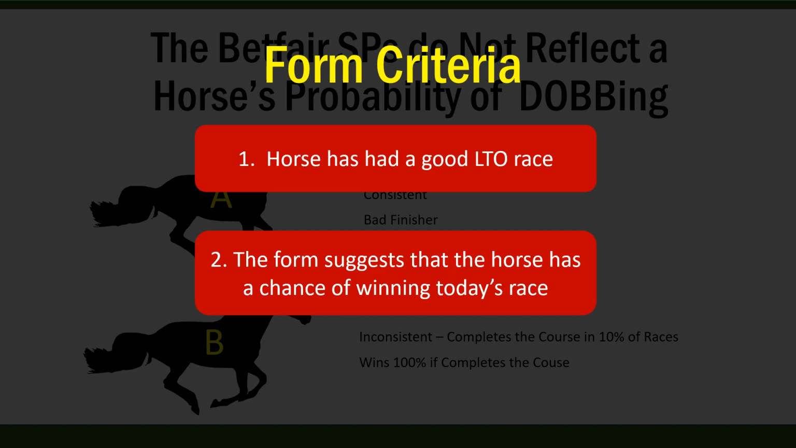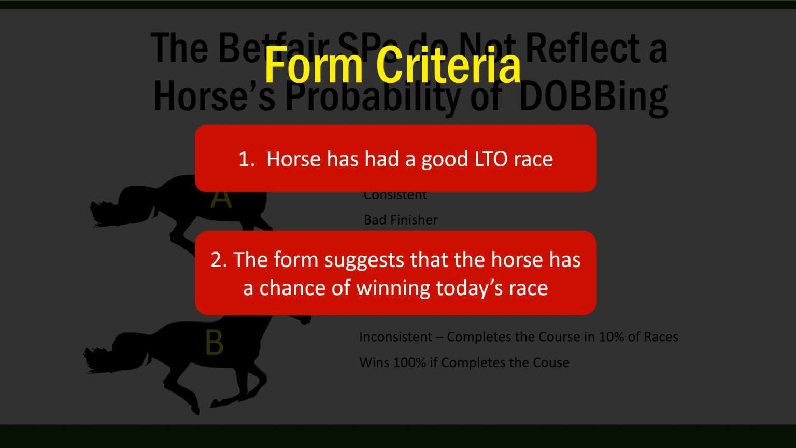I explain how I use form for dobbing in the free ebook. What I will say is that I look for horses that have had a good last time out race, and the form suggests that the horse could win today's race. This is to do with trainer motivation. If the horse has a good chance of winning the race, the trainer may be motivated to make sure that